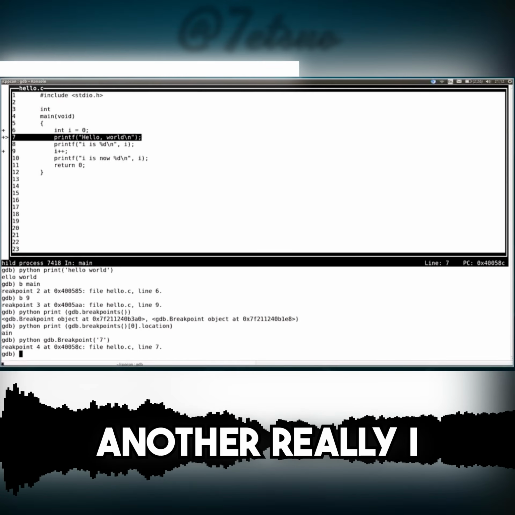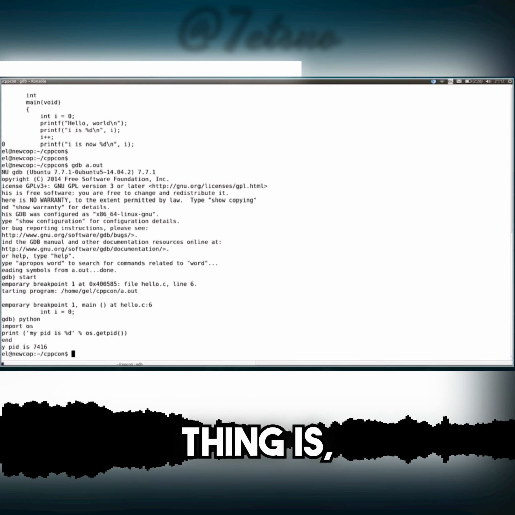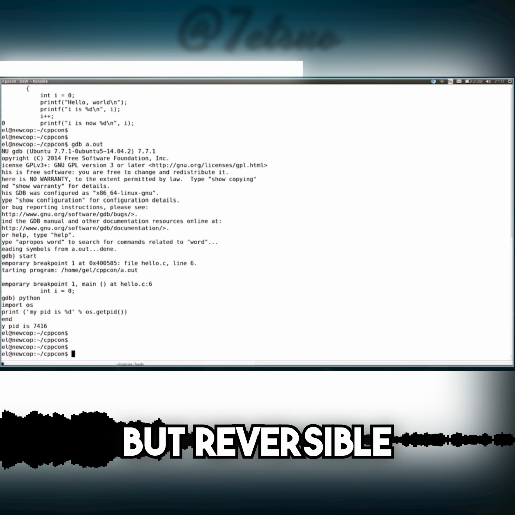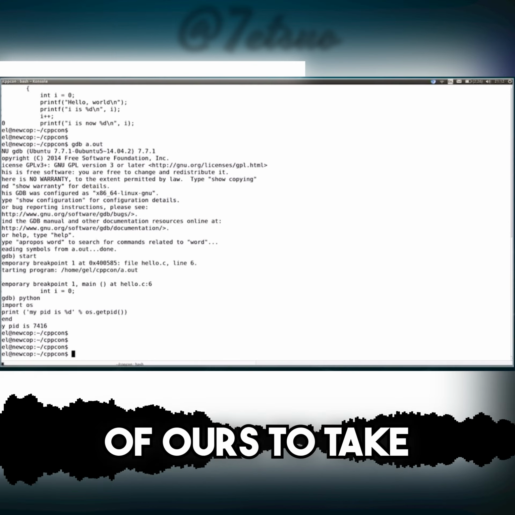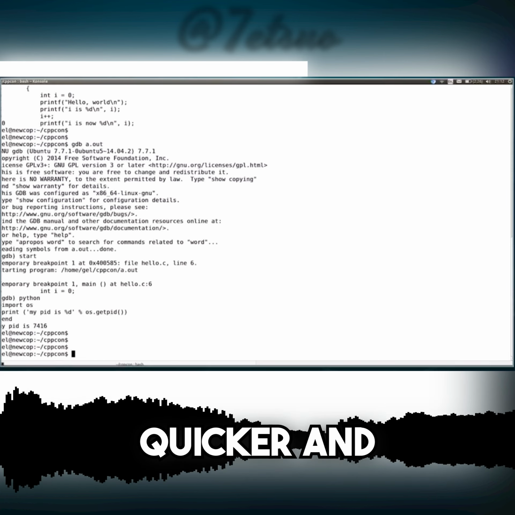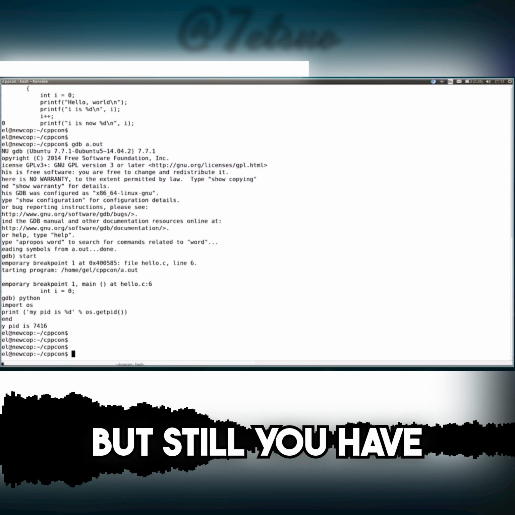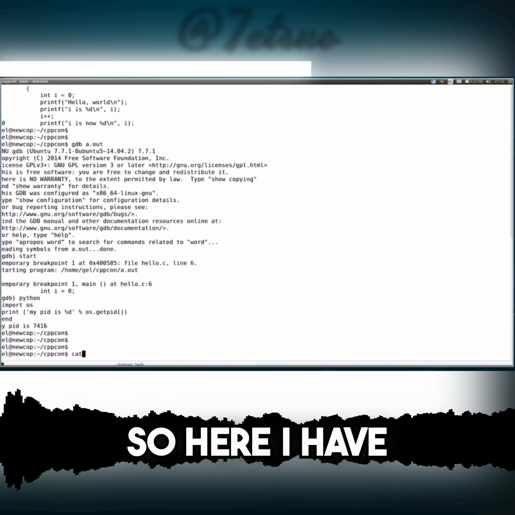Another really quite useful thing is, well, I'm a bit biased here, reversible debugging. Now, GDB has inbuilt reversible debugging, so you don't need to be a customer of ours to take advantage of this. Our stuff is much quicker and generally much more awesome, but still you have reversible debugging in GDB that works quite well. So here I have a program